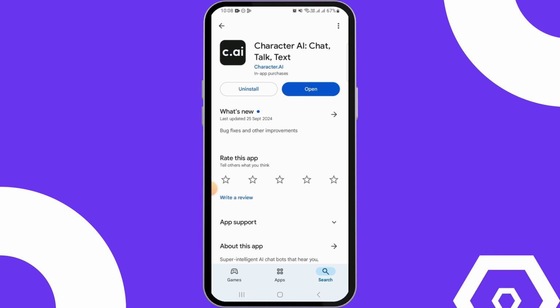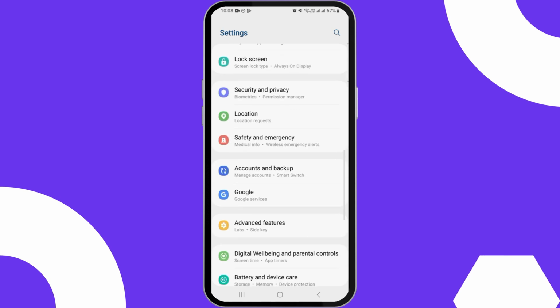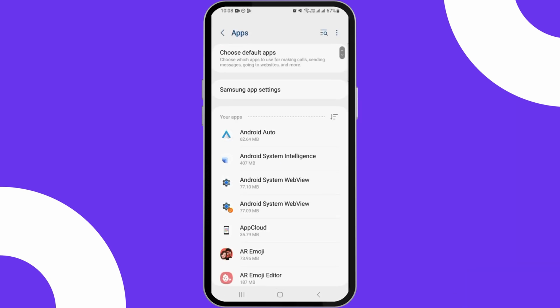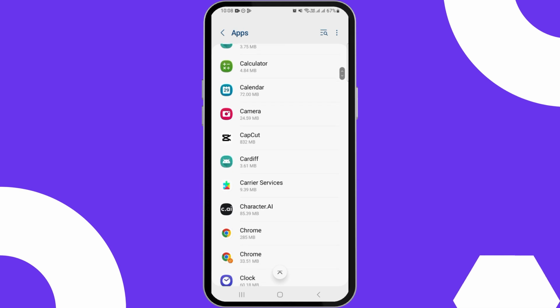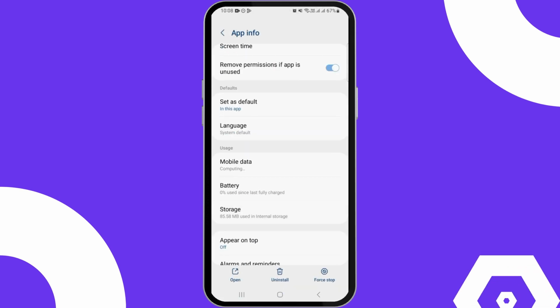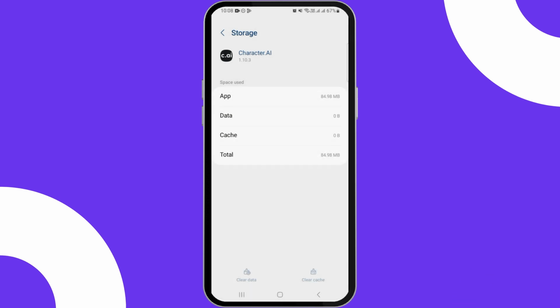However, if you are not able to log in, next thing you want to do is open up your settings. Then you want to scroll down and tap on the apps option. Here, you want to find Character AI, then simply tap on that. Now tap on the storage option. Here, tap on clear cache, then tap on clear data. Once you have done that, open the application, log into your account and check if you are able to log